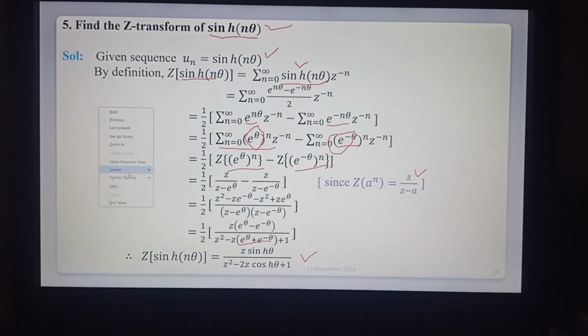Okay, now so this is also an important question. Similarly, we have to find cosh n theta the same way. Okay,